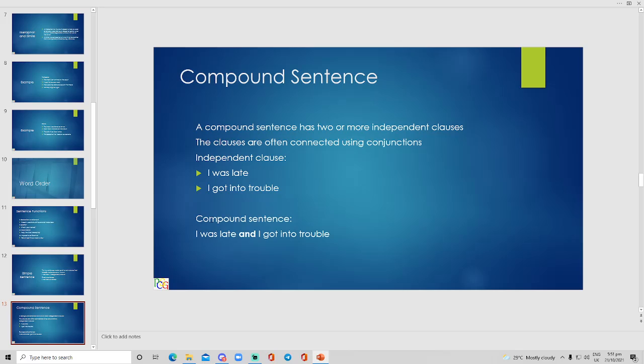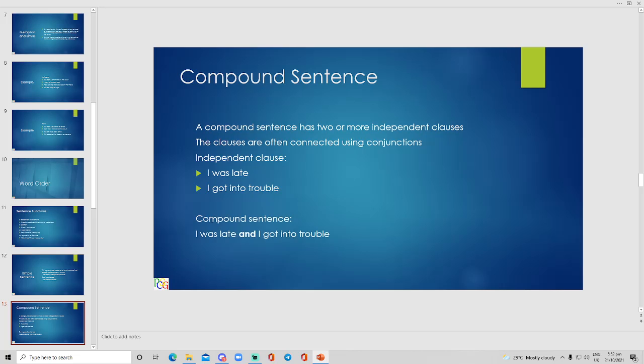So, we have an independent clause, the same one from before, so I don't mix you up. I was late. We have another independent clause, I got into trouble. Now, if I use a conjunction like and or but, maybe, there are many more. I'm sure you know a few of them. But the important or mainly used ones are and, but, and I use and here as you can see in both. So my compound sentence would be a connection of those two clauses that already make sense on their own,